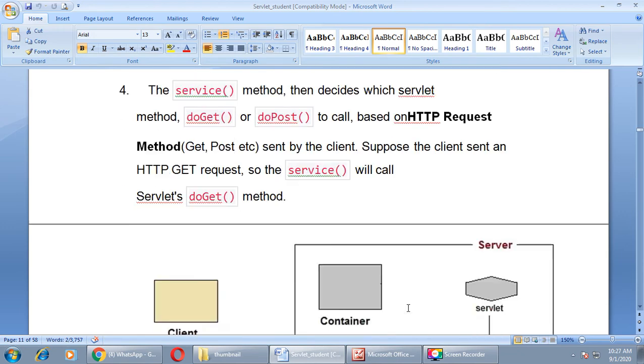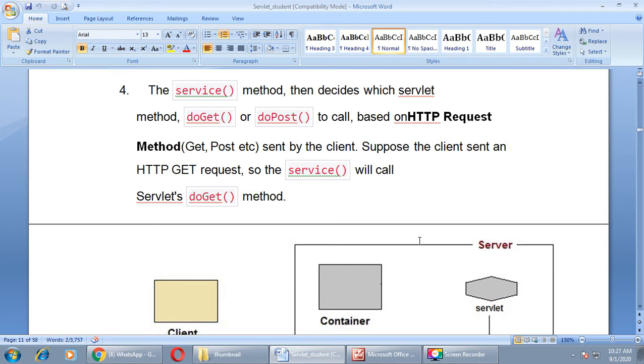In the fourth step, the service method then decides which servlet method, doGet or doPost, to call based on the HTTP request method sent by the client. Suppose the client sent an HTTP GET request, so the service will call the servlet's doGet method.